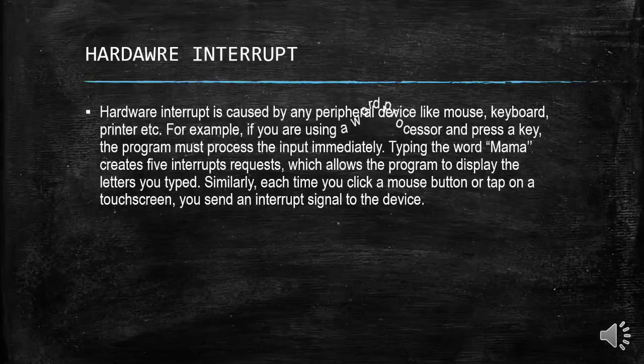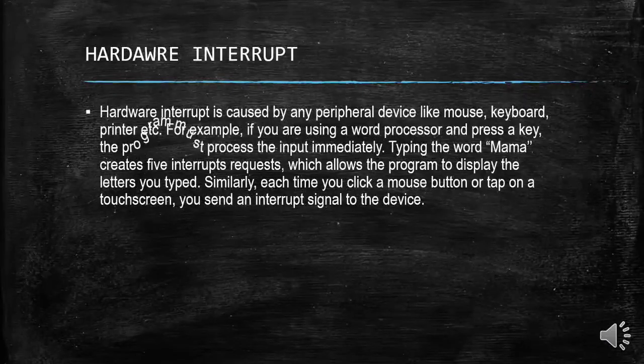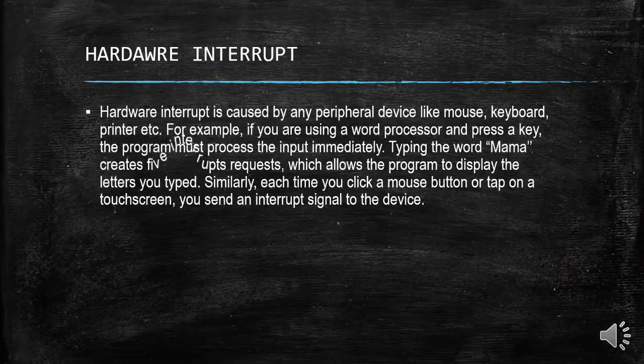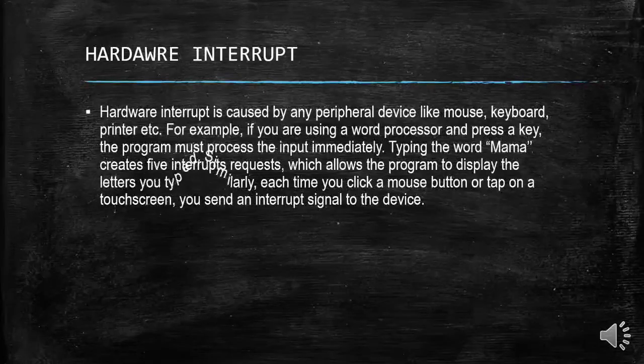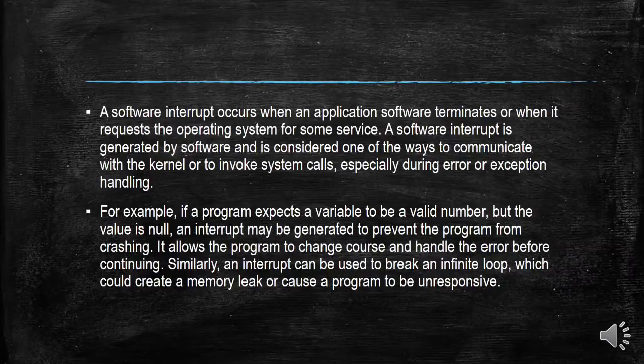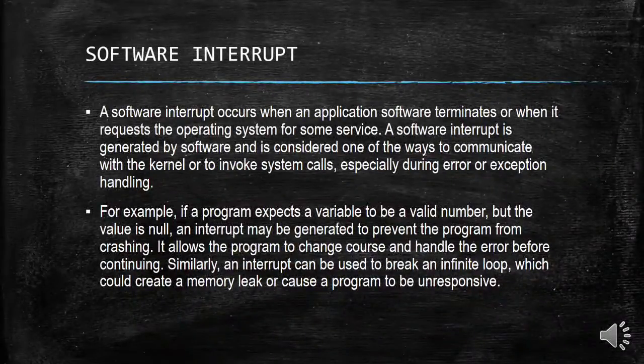Then, the difference between a software interrupt and a hardware interrupt. Description of hardware interrupt: it is an interrupt generated from an external device or hardware. The description of a software interrupt is the interrupt that is generated by an internal system of the computer. What is the type of process in hardware interrupt? They are asynchronous events, but software interrupts are synchronous events. What are the categories of hardware interrupts? Maskable interrupt and non-maskable interrupt. In software interrupt, normal interrupt and exception.